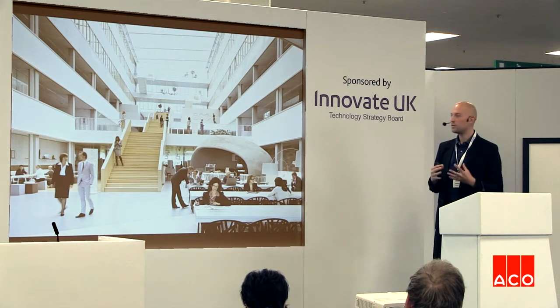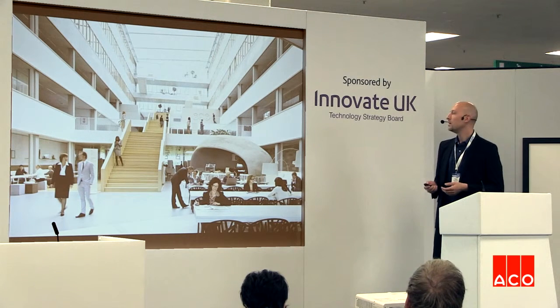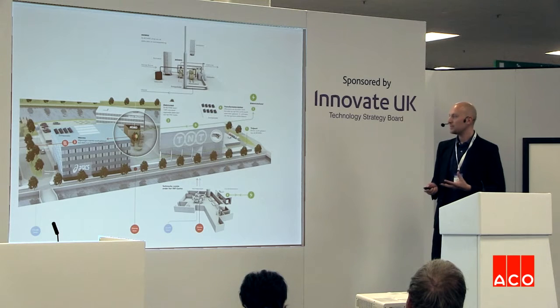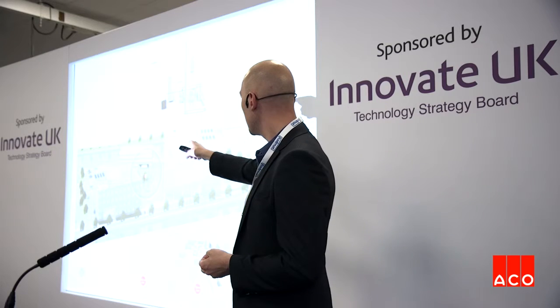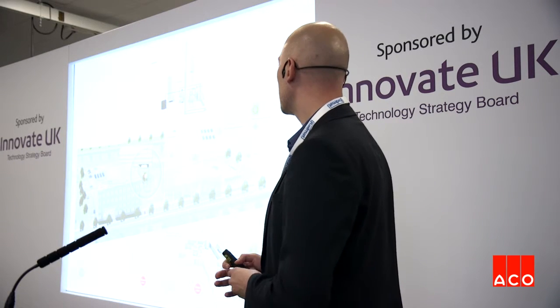You have also, of course, when you want to go to zero energy, you have to make sure that you don't lose a lot of energy, as we heard before. And the next step is to find out how you can produce the remaining energy, and it's quite shocking how much energy you really need. So together with an installation company, we made this machine. We call it the green machine, and it's a bio installation which uses